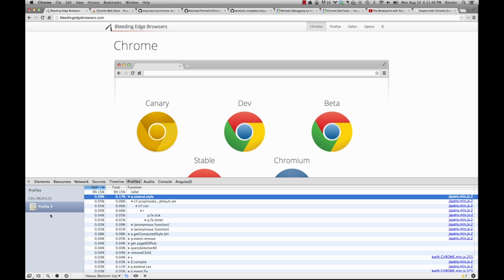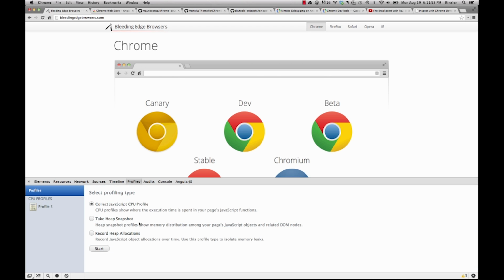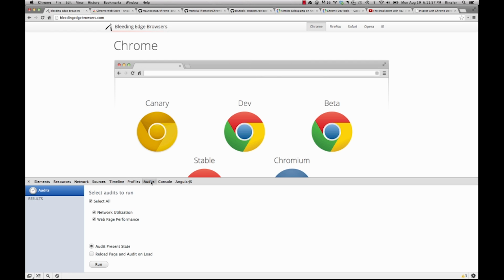So we can record multiple profiles for different needs. So we have a heap snapshot and then heap allocations as well. So if we move forward to the audits panel, this is a handy panel that you can use to, again,